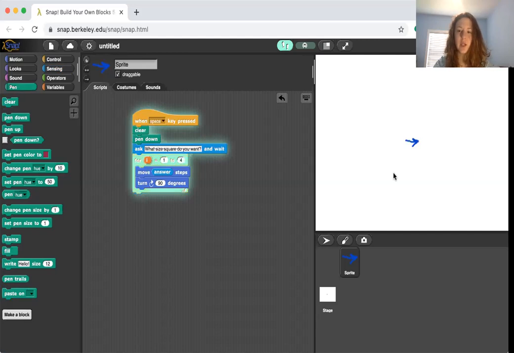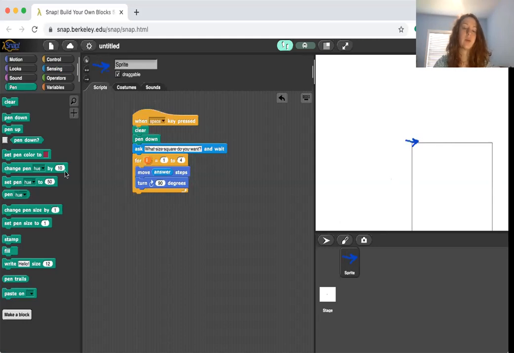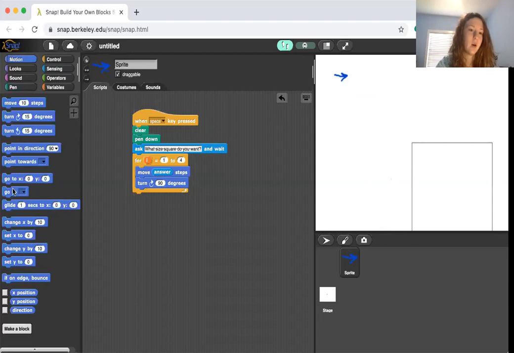Now let's say 200. Now it's going to go. But uh-oh, now we can't see all of our square that we created. And so we need to be able to maybe move this up here. Now you can either just drag that there, but if you want the actual code to have it start there, we can say go to X, Y,